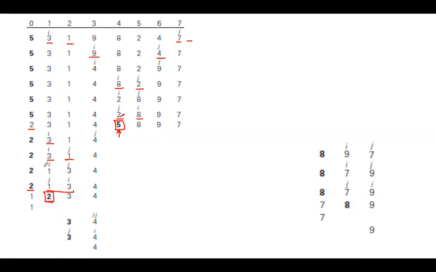Partition of the leftmost array we have done. 2, 3, 1, 4 were the leftmost array. We have done the partition. 2 has arrived at its location. And only one element is there when we do sorting for the less. So it will remain same. 1 and 2 are already sorted. Then we'll come to the rightmost part of the array.